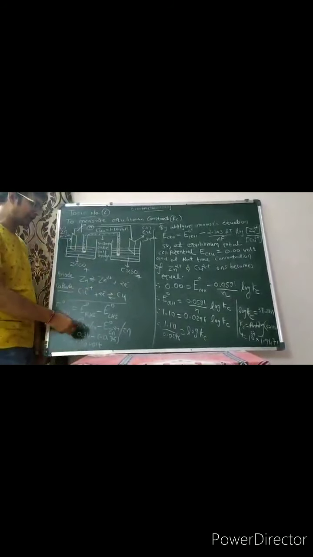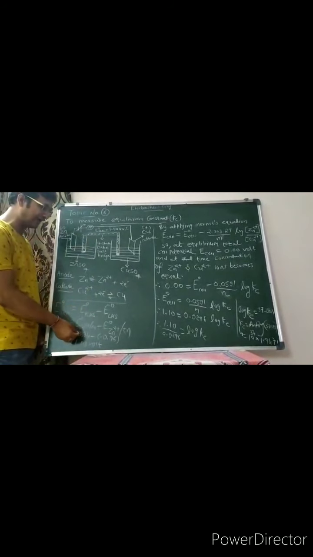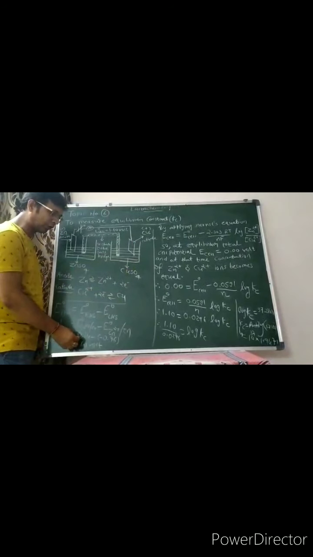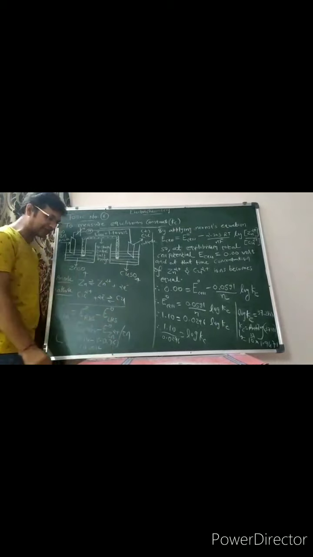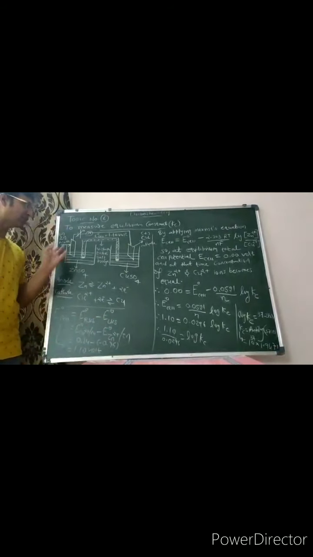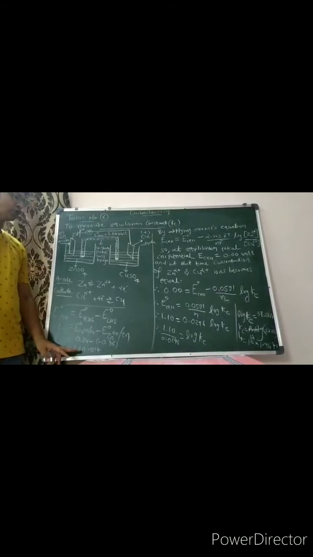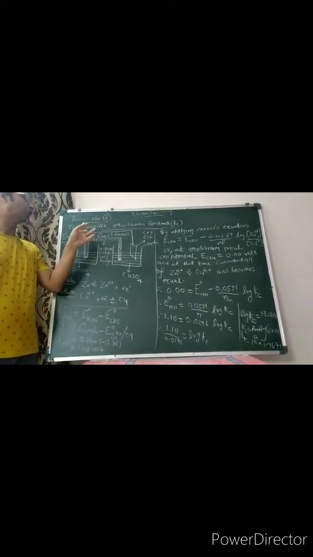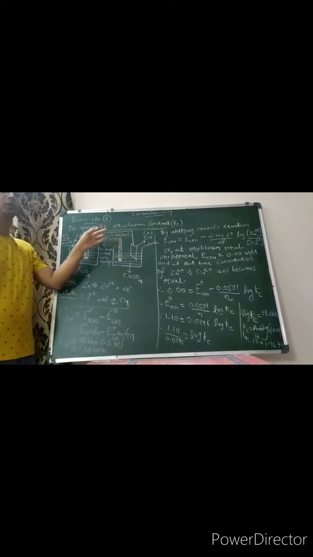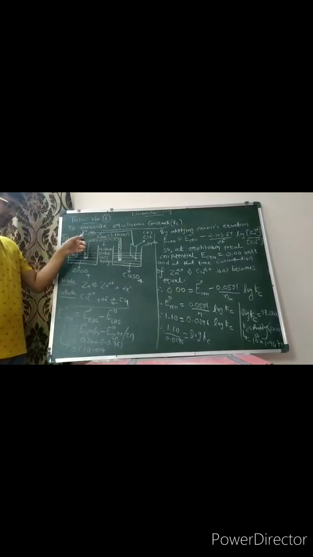With the help of the EMF series, on the right-hand side the standard reduction potential value of copper is 0.34 volt, and on the left-hand side the standard reduction potential value of zinc is minus 0.76 volt. When we calculate the E0 cell of this complete electrochemical cell, it is 1.10 volt. So when the total standard cell potential of this cell, equal to 1.10 volt, is applied through a variable battery in the external circuit,